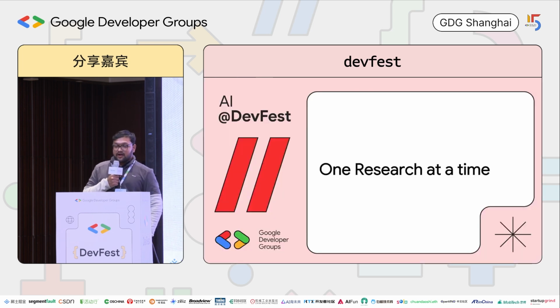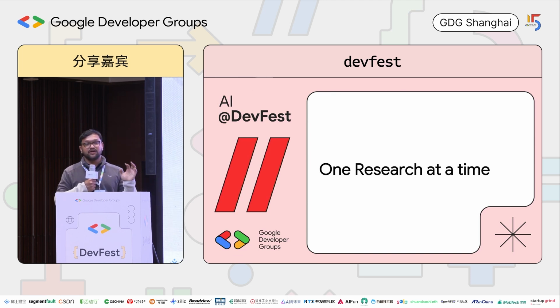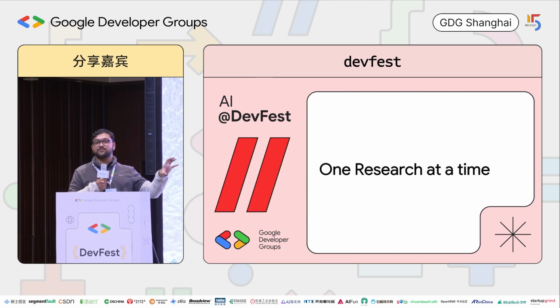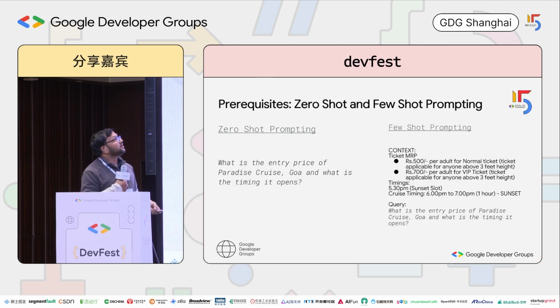So if you understand what is the basic idea behind all these reasoning and planning components, the majority of them are focusing on one thing at a time. Given the task, what are all the decomposable tasks you could come up with and give to the agent so that it would perform your task very well? There is a slight modification at the few-shot prompting level, but we'll try to understand what actually zero-shot